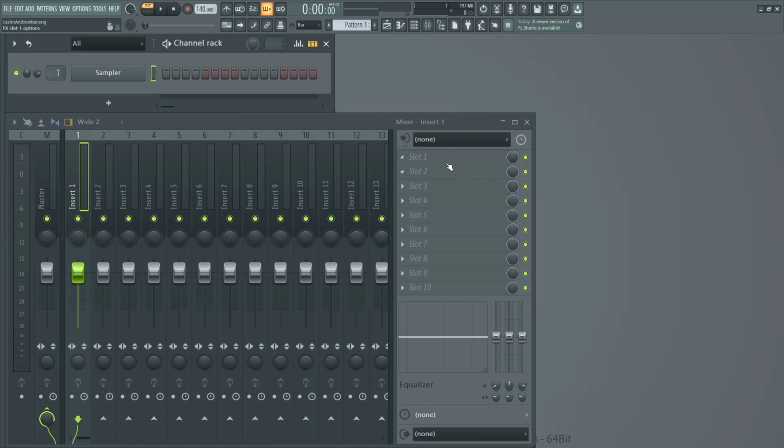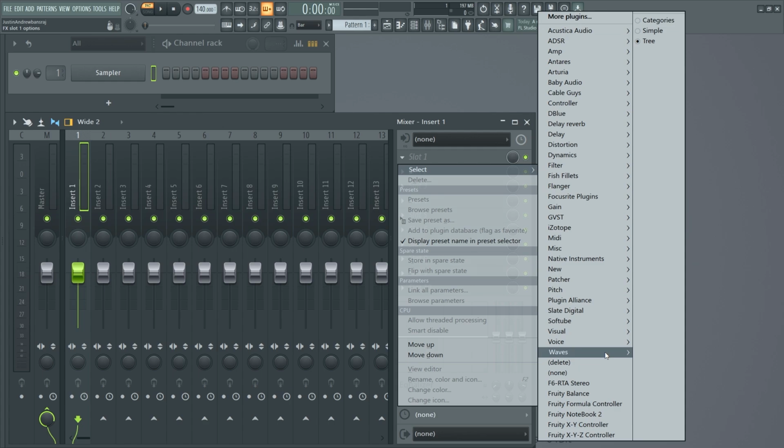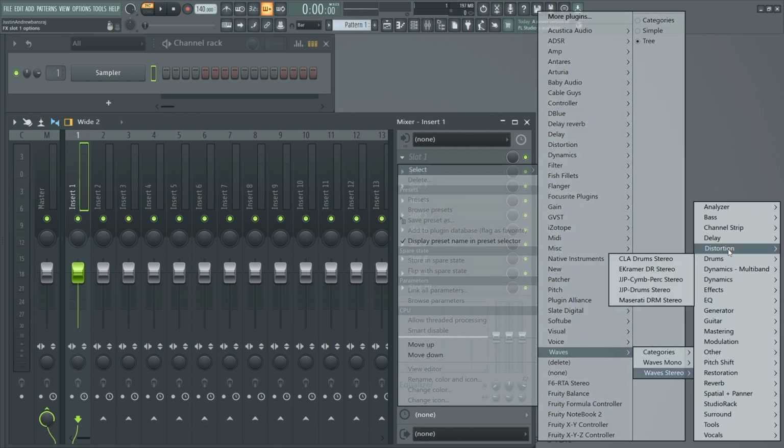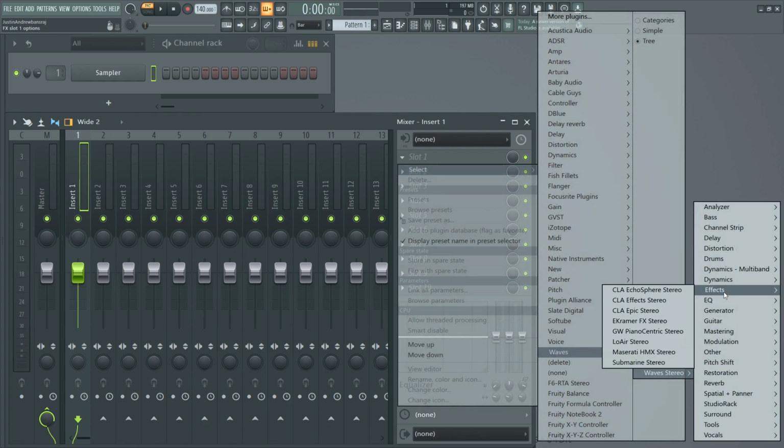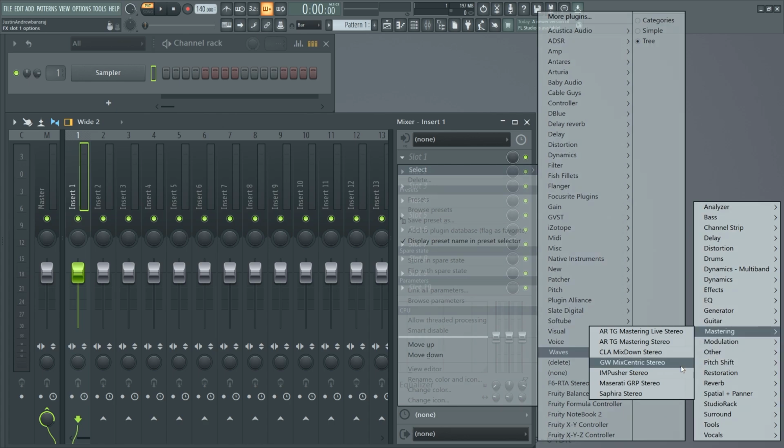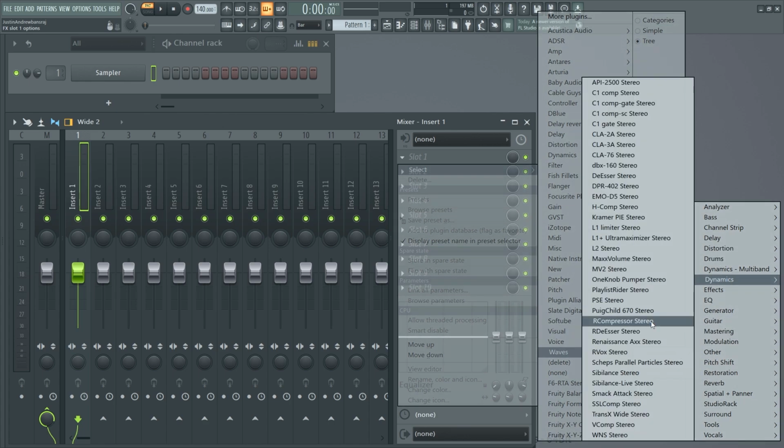This is how you can load plugins very quick. Some of you may do this and then try to find the plugin. Yo, where is Torque? I'm looking for a plugin called Torque. I can't find it. Where is Torque?